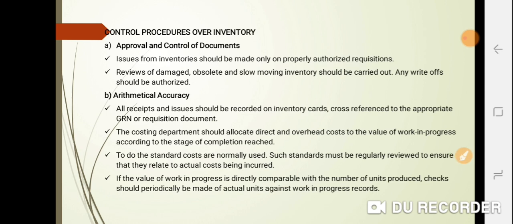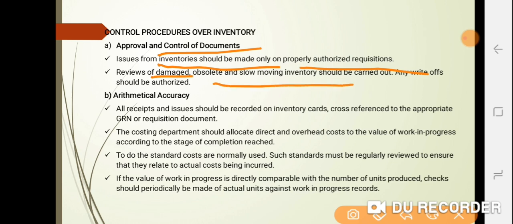So control procedures under inventory happen in four different stages. The first one is approval and control of documents. Under that, issues from inventory should be made only on proper authorized requisition. Then a review of damaged, obsolete and slow moving inventory should be carried out. Then any write off should be authorized. Then we have